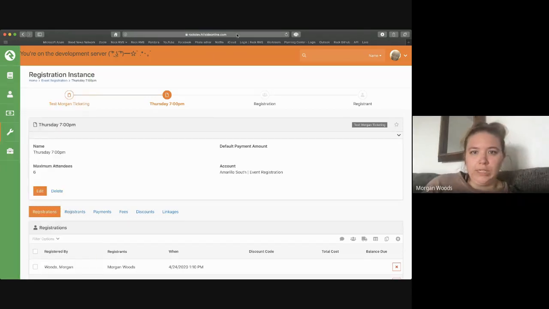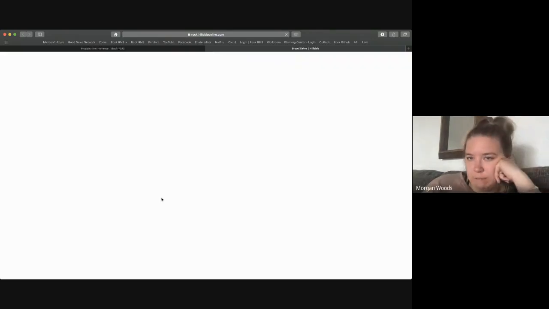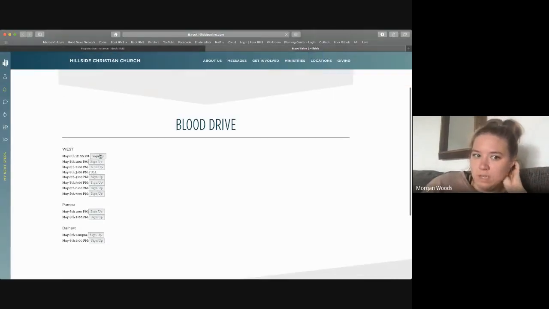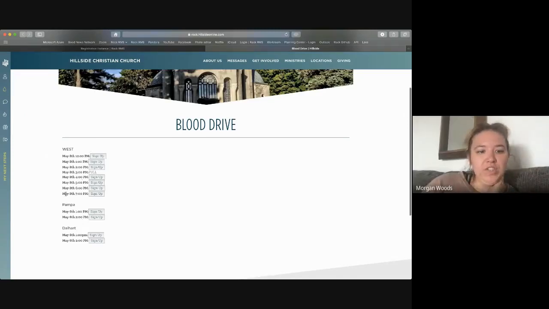So let me show you the clean blood drive version that we just finished yesterday. So this is the same concept, but it does a little bit more. So can you see this? Yeah. Pampa Dalhart. Okay. So this is the same idea. So for the blood drive, we have a slot every hour that has a capacity of 12. So if you click on one of these, it takes you to a form